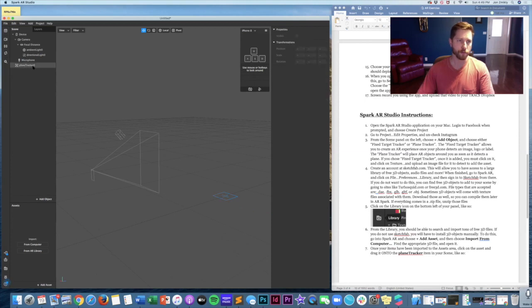Now, in order to bring something into my world, it's going to be called assets, and you have different asset libraries. If you look in the instructions, it will ask you to create an account at Sketchfab, and then once you do that, you can incorporate all these different 3D objects into Sketchfab. You do not have to do this. It's just that if you have an account at Sketchfab, you will get a huge library of lots of other